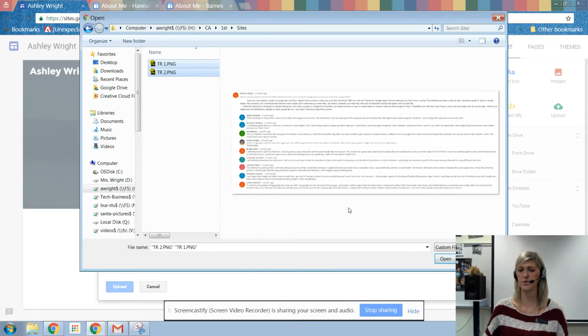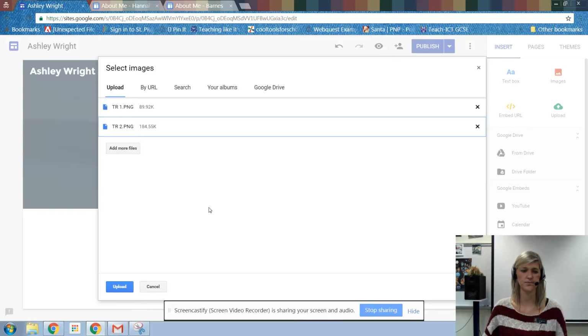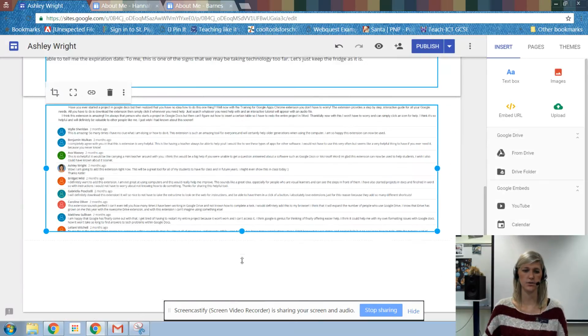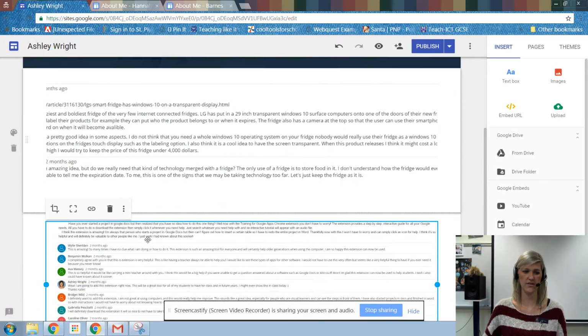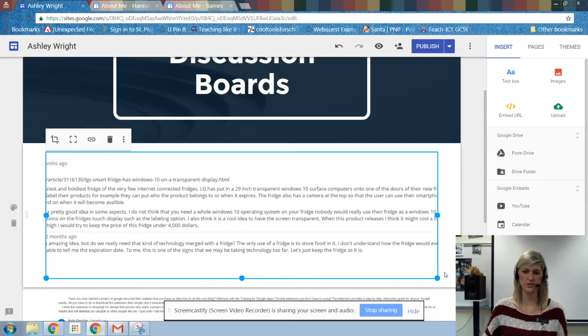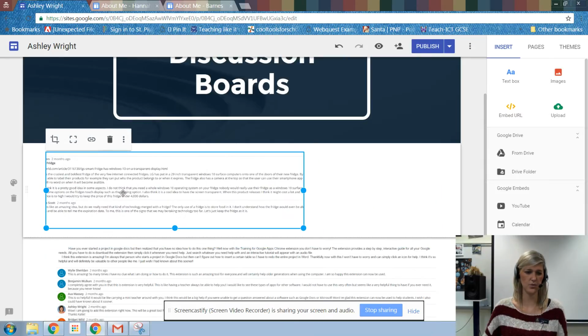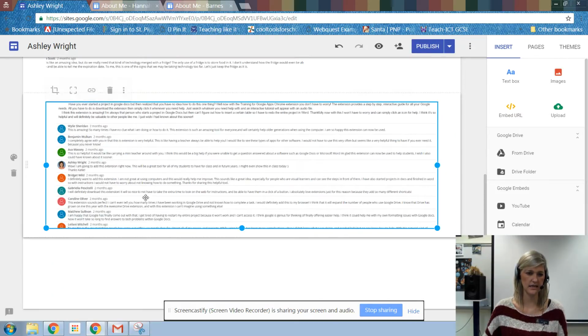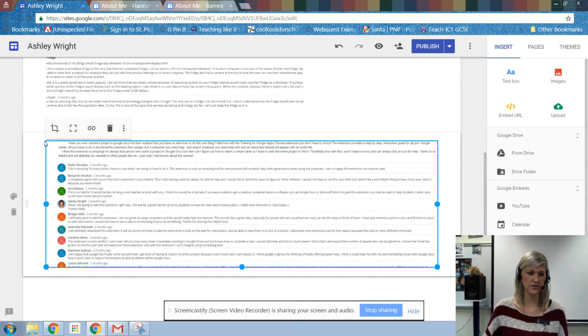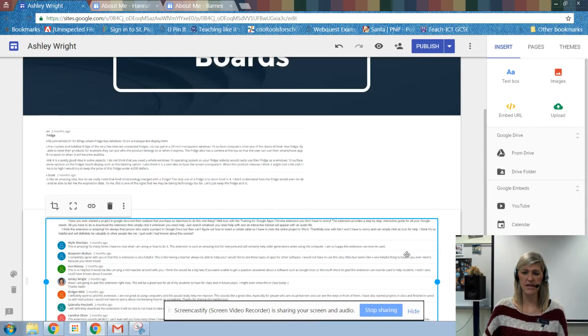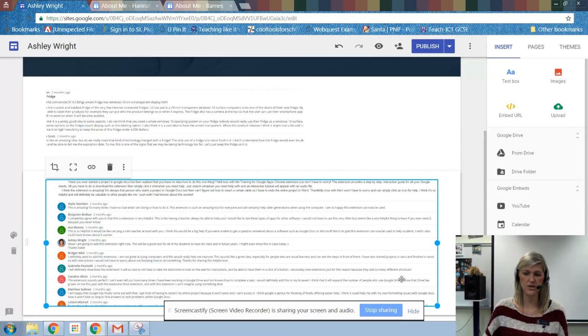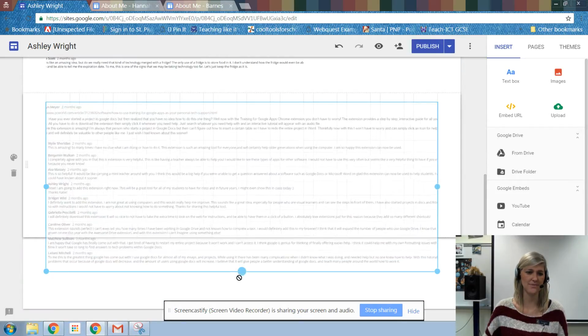Again, I can select both of them, open. There they are. Okay, looks like they're both selected. Upload. All right, there we go, and there they are. Now, it looks like one of them didn't come out too well. It looks like both of them need a little bit of work. So I may need to try to go back and redo those, or I may just need to make them